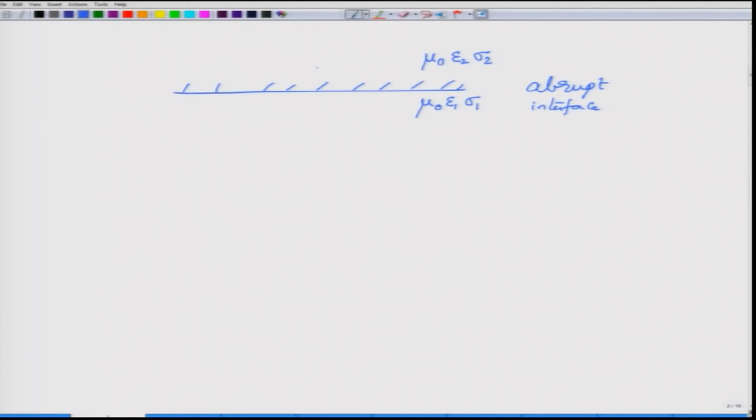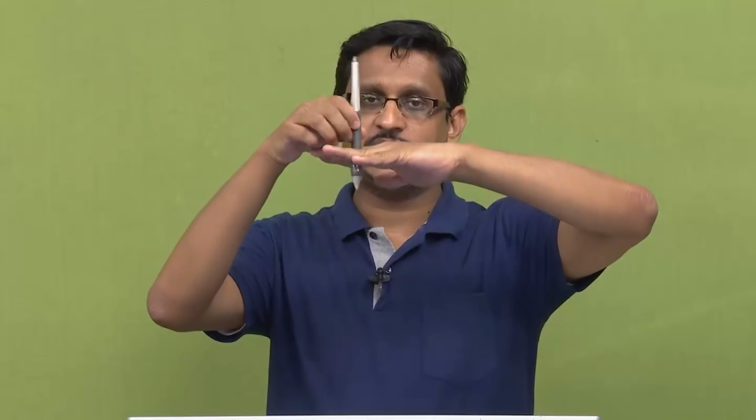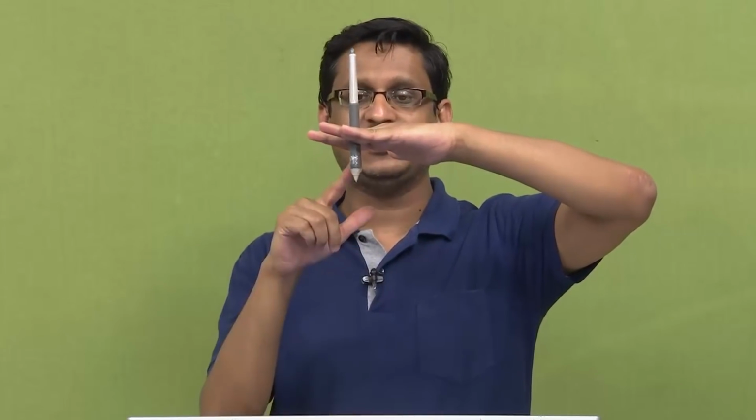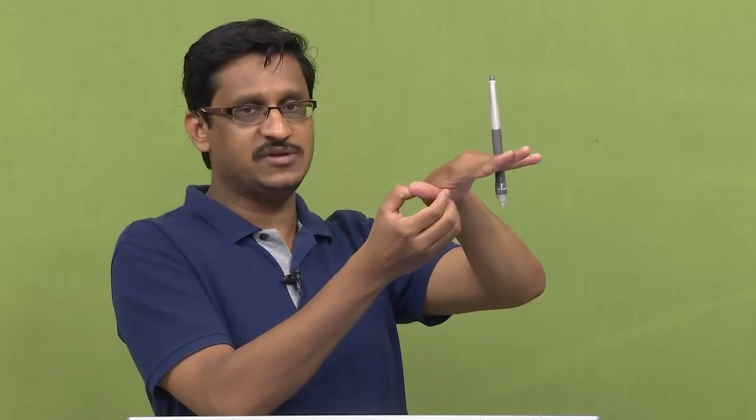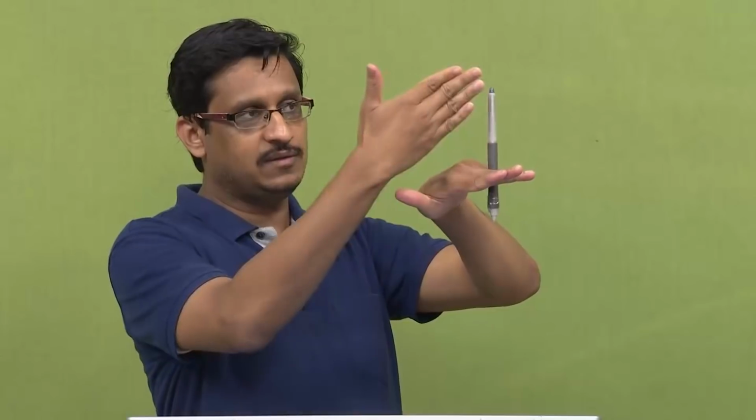So, I have an interface up here, and this interface has a normal. What is normal? Normal simply means a line which is perpendicular to the plane of the interface. Okay. So, if I have an interface in this particular form, this corresponds to the normal. So, the direction of the pen here would correspond to the normal. Now, look at it from your side. So, maybe I will turn it around like this. So, you look at it from this side. If you are looking at this plane, right.